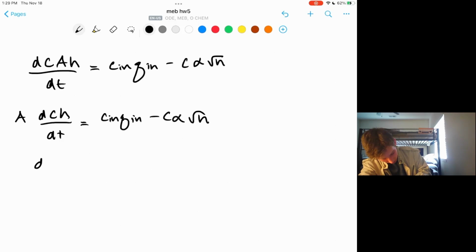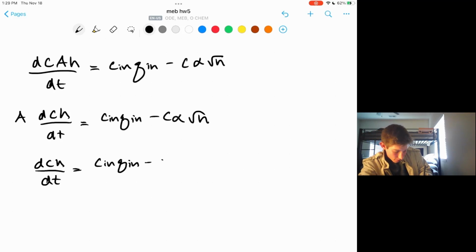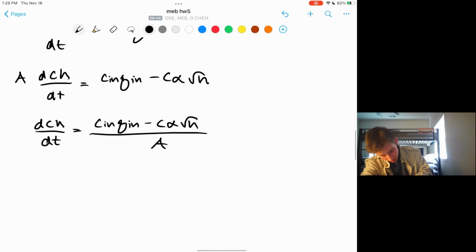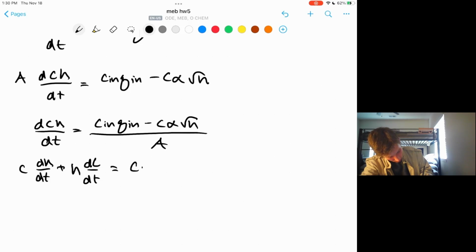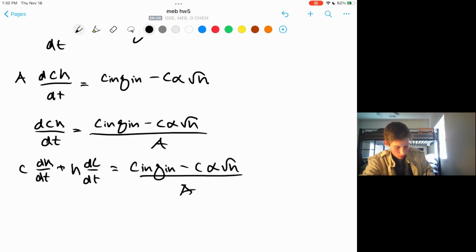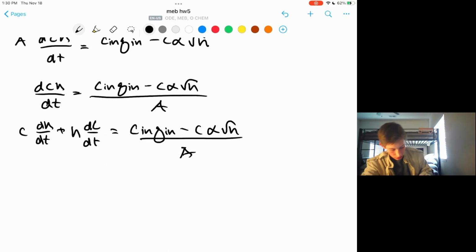So we're going to divide by the area, and then separate these. And then we finally use some algebra to get